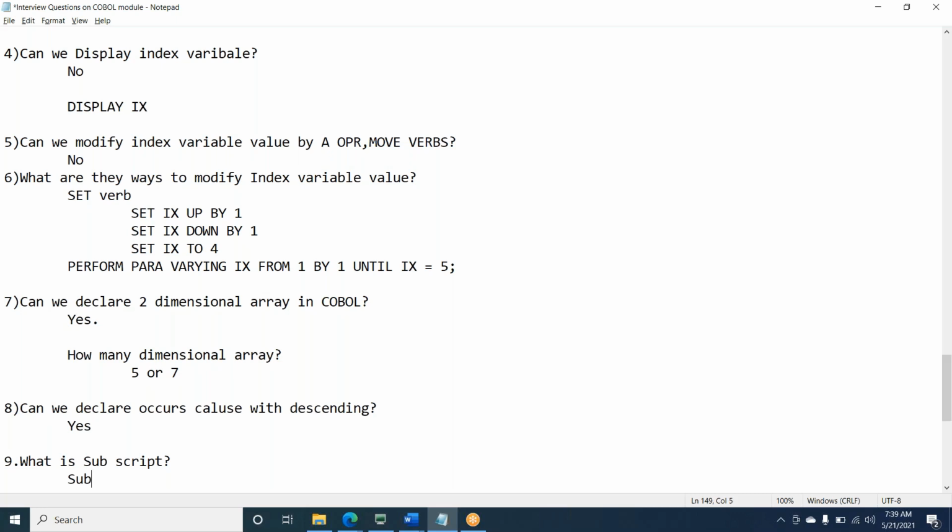The subscript variable value we can modify with any arithmetic operators, with COMPUTE, with MOVE, or PERFORM. You can modify a subscript just how you modify a normal variable value.